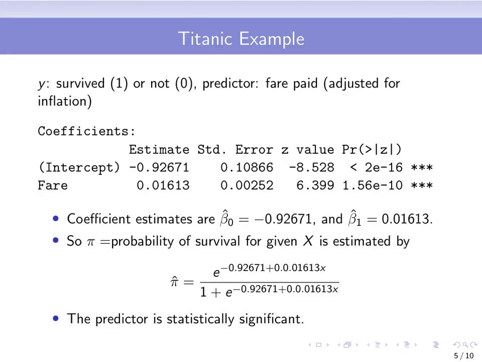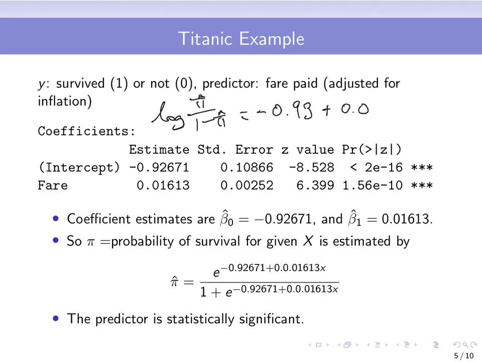And we'll just take a look at one predictor variable, the amount of fare paid, and apparently that value has been adjusted for inflation, right? So let's fit the model. That's the intercept of our logistic regression, and that's the slope of our logistic regression. So if one was to write this out, we are saying that the log odds, log of pi over 1 minus pi, and I put a hat over there to represent that it's the predicted probability, then the intercept is negative 0.293, I'm just rounding it off to 2 decimal points,